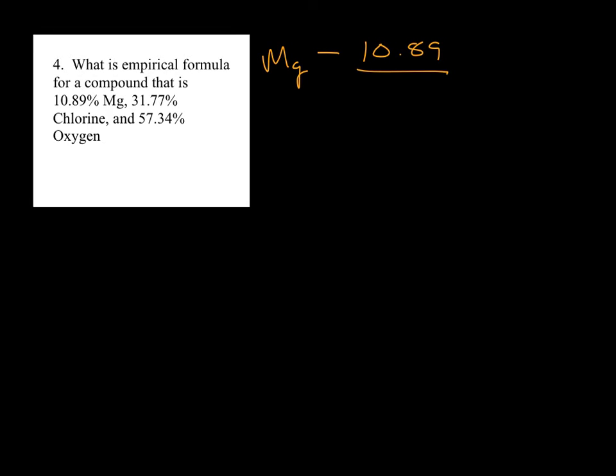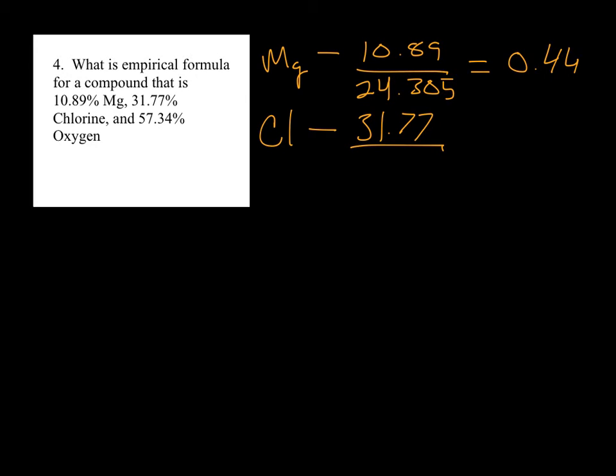10.89, and divide that by the mass of magnesium on the periodic table, which is 24.305. It gives me an answer of 0.44. And then we have chlorine, which is 31.77 grams of chlorine divided by its mass on the periodic table, which is 35.453. And that gives us an answer of